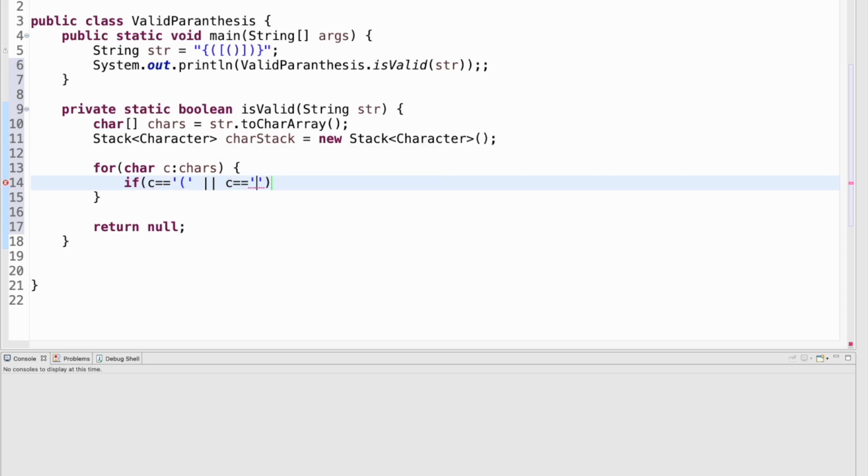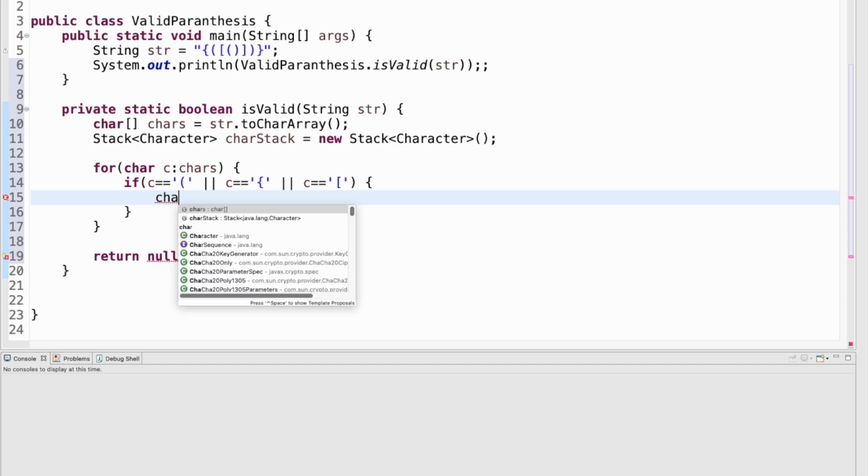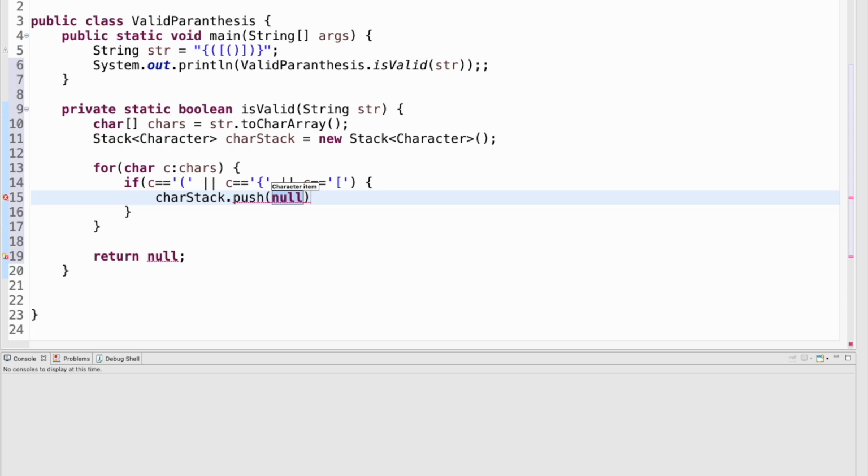So all the opening types, this can also be a square brace, and if this is the case, that means we are getting any of the opening braces, then we use the character stack and push the character into the stack,